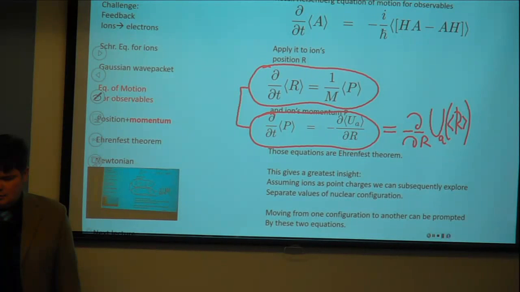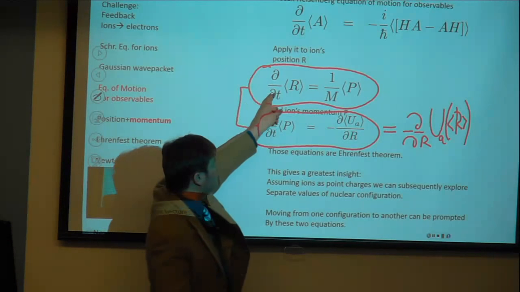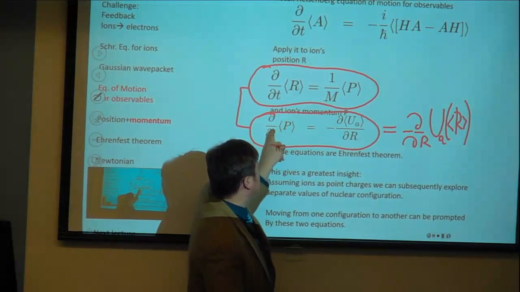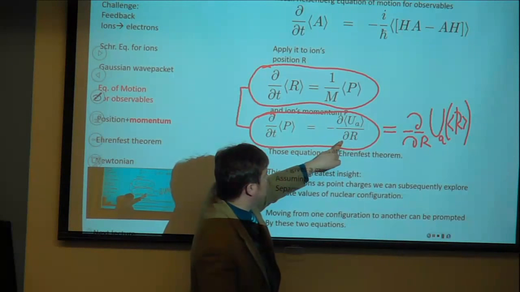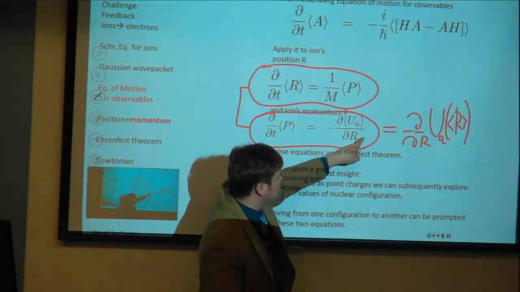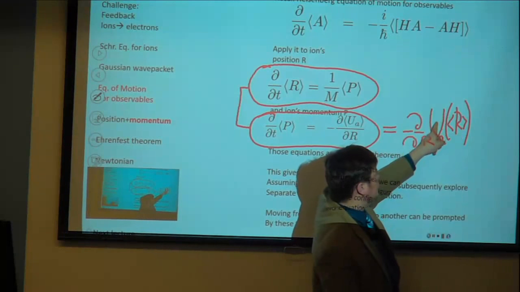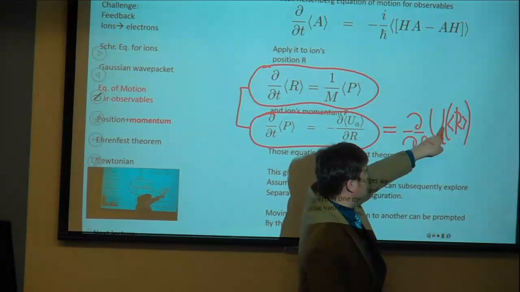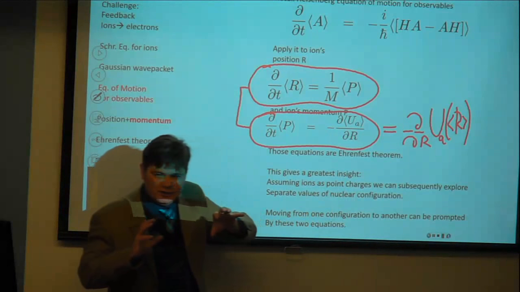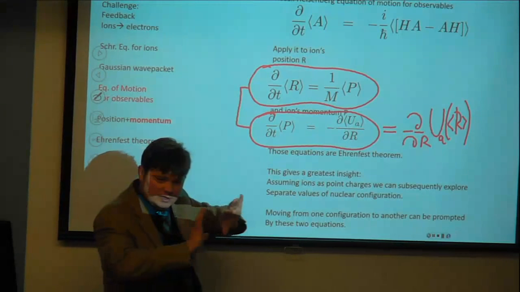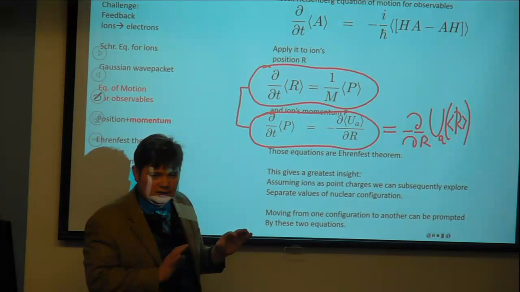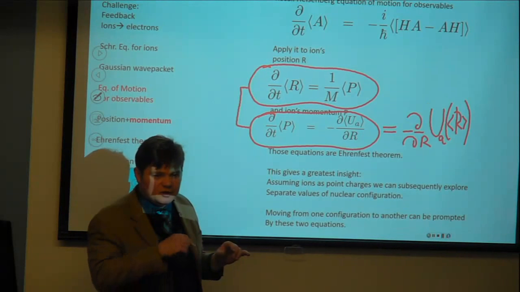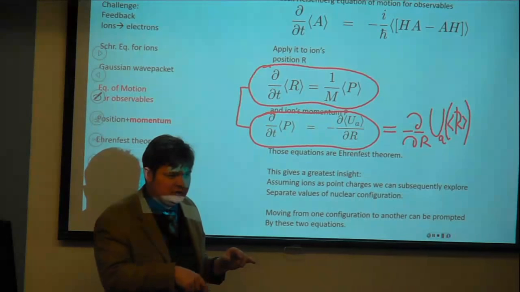So now we have a set of two closed equations. Position depends on momentum, and the derivative of position depends on momentum. The derivative of momentum depends on the derivative of the potential energy over position. So if one does have this U function, this set of connected equations can be propagated simultaneously. As a result, we will know the position and momentum at each point of time. If we add friction, this evolution will bring us to the minimum.